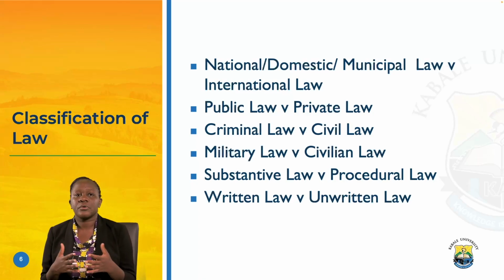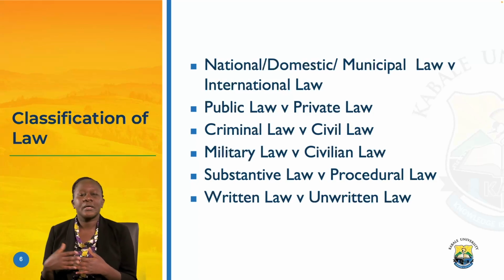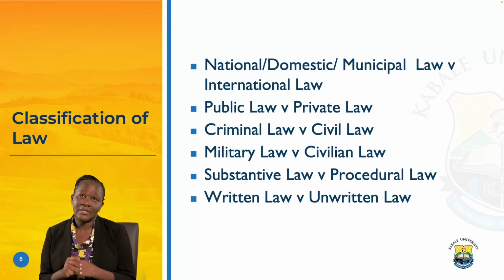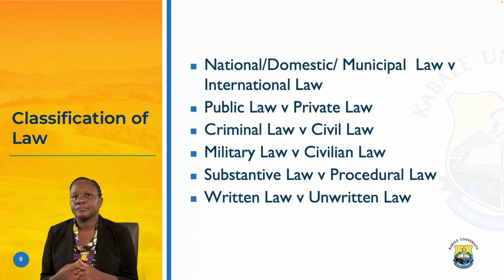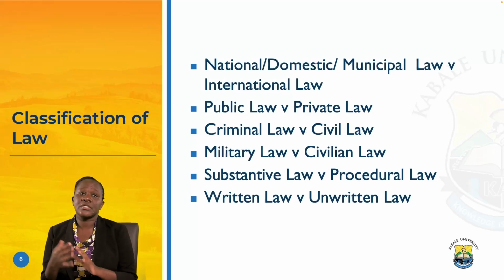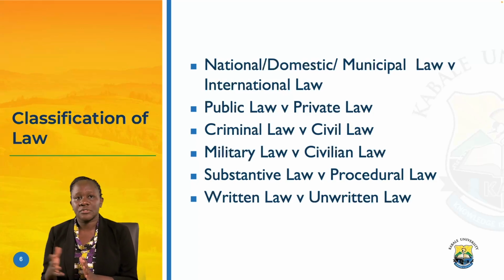We then have criminal law and civil law. Criminal law is that branch of law that is majorly aimed to punish offenders, whereas civil law is that branch of law that is majorly aimed to, again, promote relationship between persons or citizens, but also to ensure that citizens who have suffered wrongs are compensated for the wrong suffered. And as we go along, you will appreciate these differences better. But civil law, for now, fosters relationship between persons.